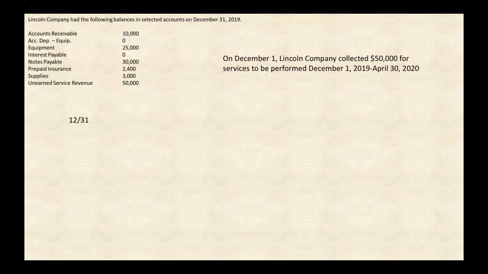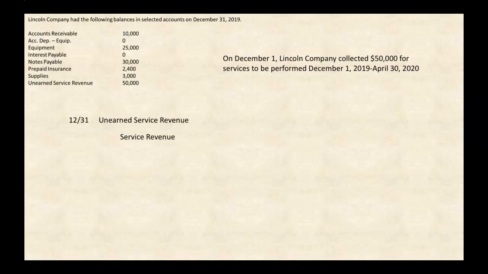But here, a month has gone by. So we've now done some of the work. We need to count the revenue that we've done while also decreasing our liability, because now we don't owe this customer 5 months of work,